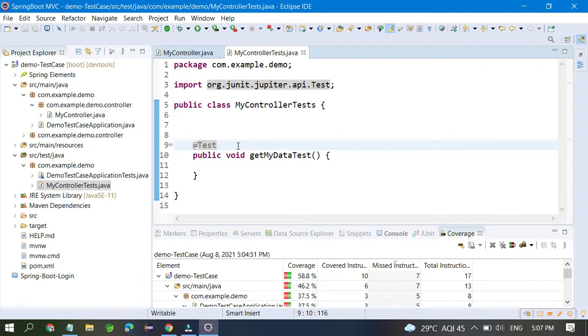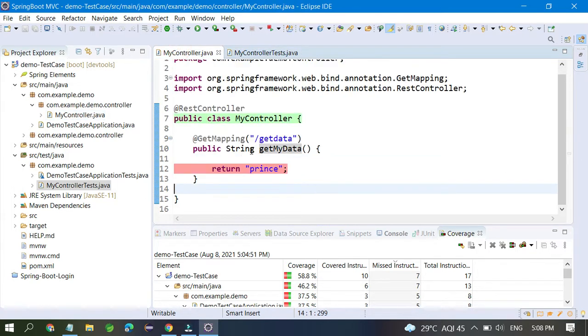Right now nothing is there. One thing is, you can call your methods, whatever method you have in this my controller. You have to create the object of this class, and you can call the method inside my controller, one called get my data, and you can compare with an assert method, which is also fine.